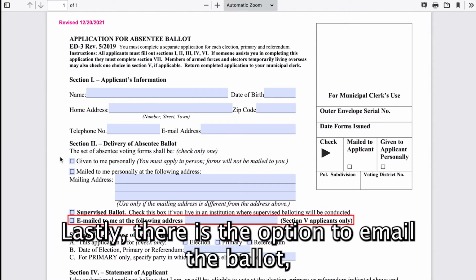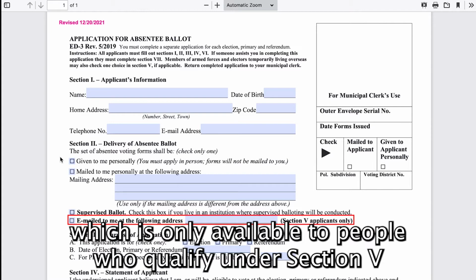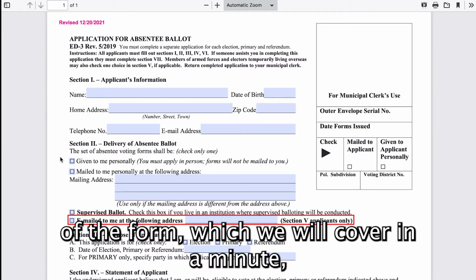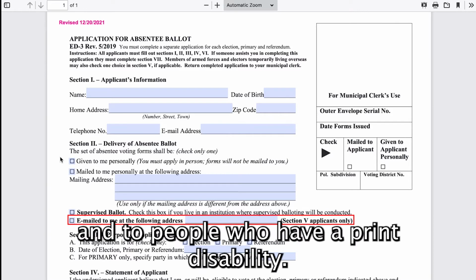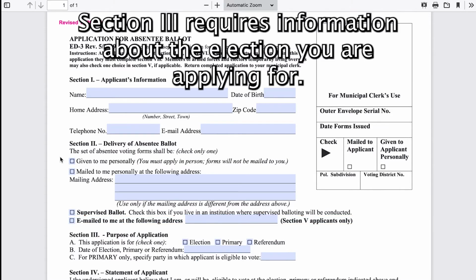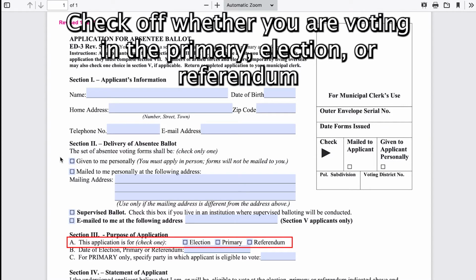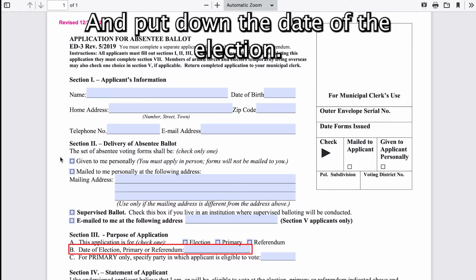Lastly, there is the option to email the ballot, which is only available to people who qualify under Section 5 of the form, which we will cover in a minute, and to people who have a print disability. Section 3 requires information about the election you are applying for. Check off whether you are voting in the primary, secondary, or the referendum, and put down the date of the